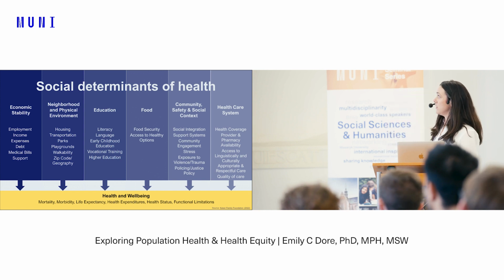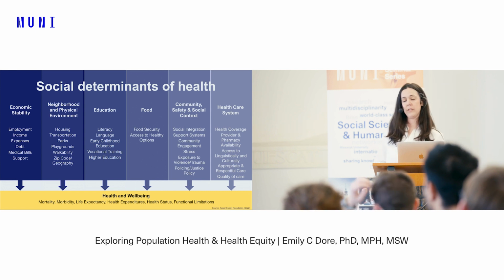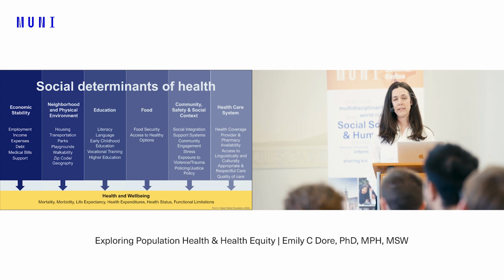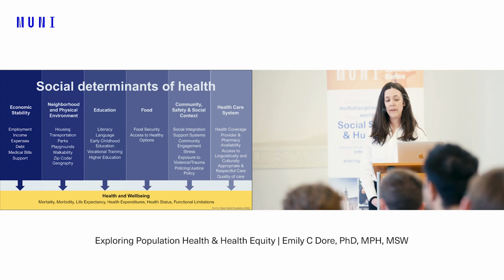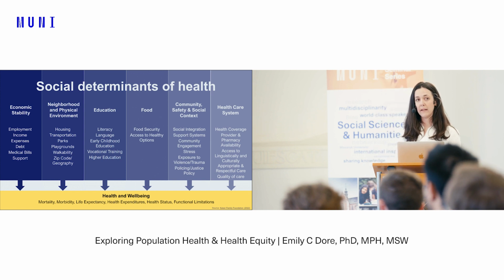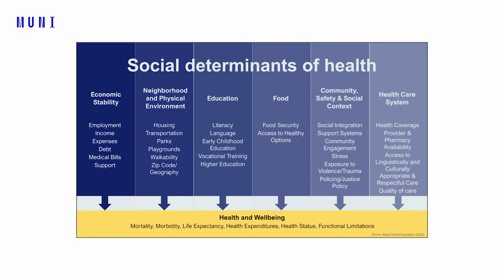And so a sociologist generally approaches this topic of health equity by focusing on the social determinants of health. And when I say social determinants of health, I mean the social and economic resources or factors that contribute to our health outcomes. So things like economic stability, our employment status or our income level, medical bills in the US context, neighborhood and physical environment, so things like your quality of housing or your access to transportation,